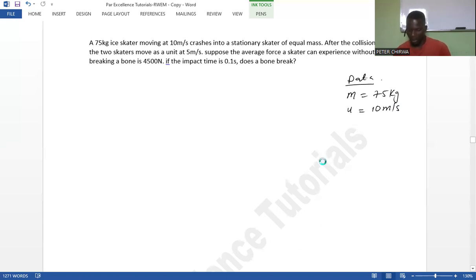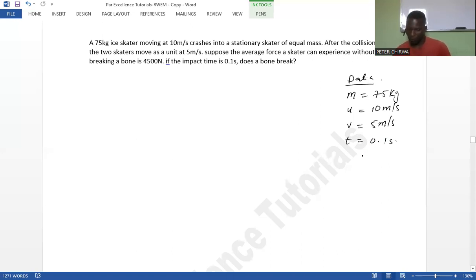After the collision, we've seen that the speed has reduced to 5 meters per second. And then what we have here also is time of impact, which is 0.1 second. Okay, so now using this data,